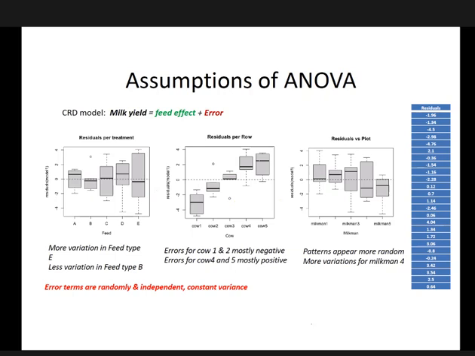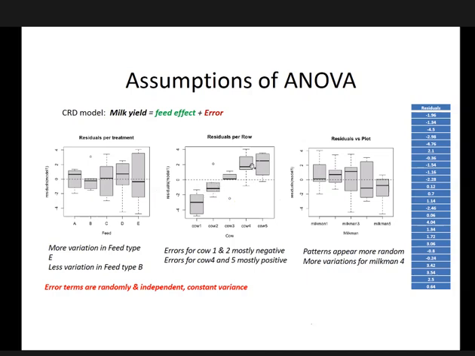So what we are looking at here is the difference between the observed value and the expected value. When the values are negative, that means the expected value is higher than the observed value. So in this case, for cow 1, the model seems to overestimate the amount of yield, the amount of milk for cow 1. It also seems to overestimate the amount of milk for cow 2,